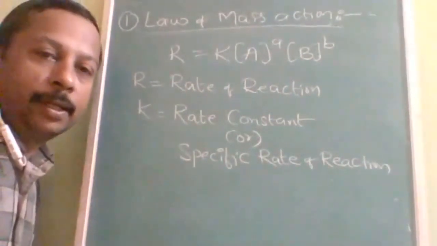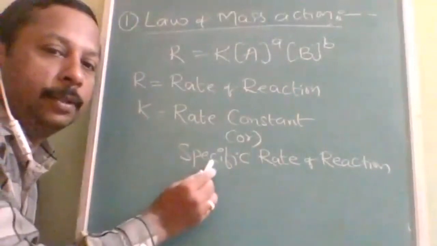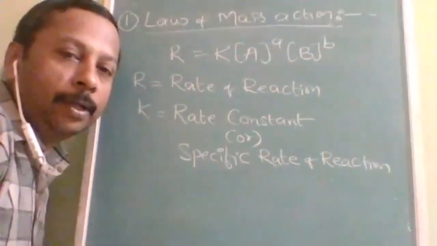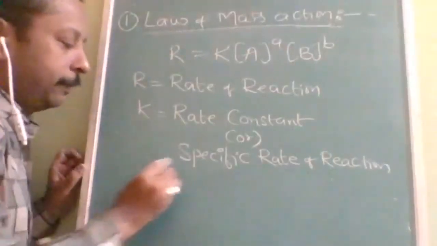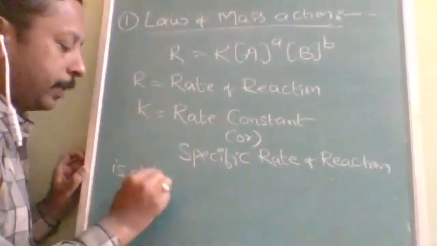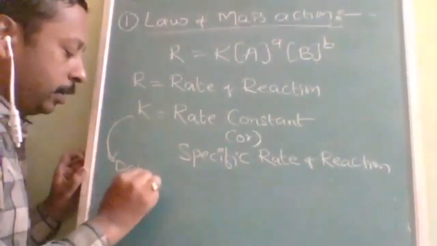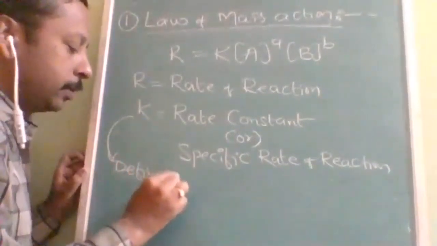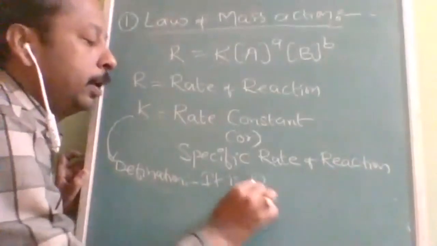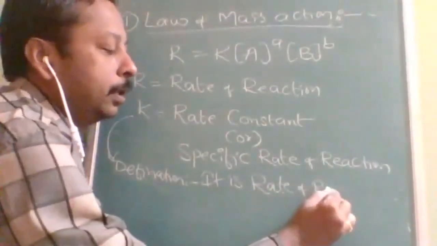So rate constant is nothing but the rate of reaction, but the only thing specified is that the concentration must be equal to 1. So that is the definition of rate constant. Its definition I will write it here. Is it understood? Definition: rate constant is equal to the rate of reaction